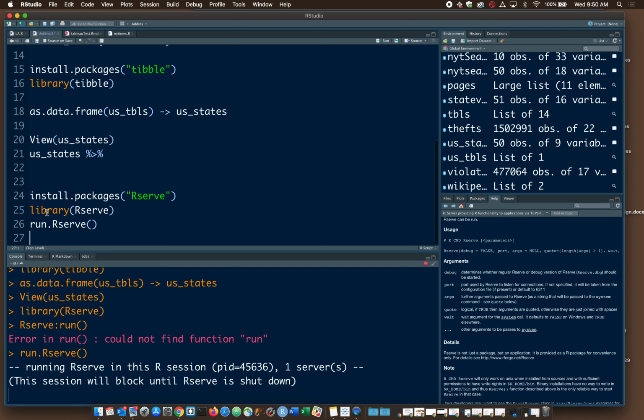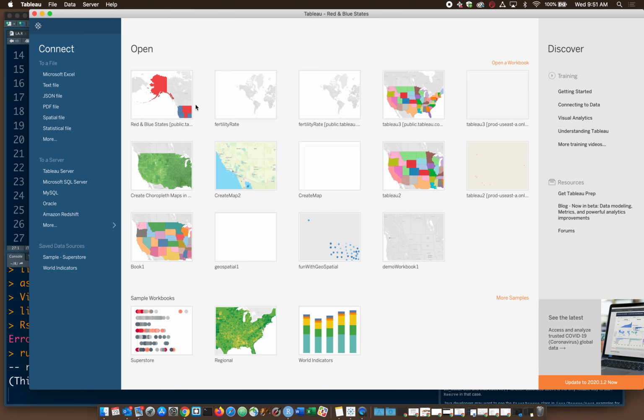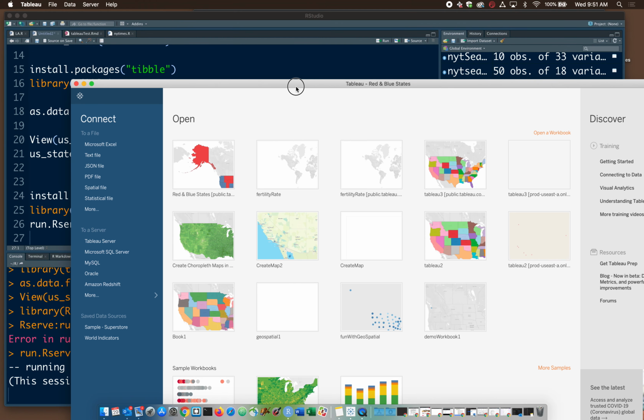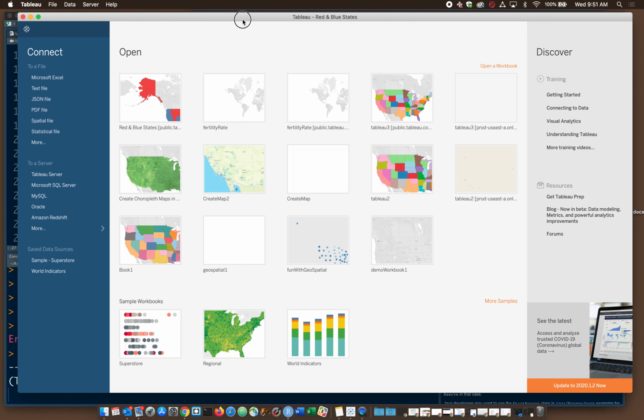So it's running. And again, what that means is it's essentially pushing data out into, in theory, like a public server,